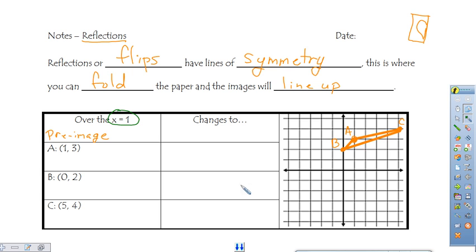this line. So x equals 1 is a line. It's going to be a vertical line. If you remember that from Algebra 2, or I'm sorry, Algebra 1. If you don't remember it, how I like to remember it is all I know about this is that x equals 1. So if I go to x equals 1, right here,